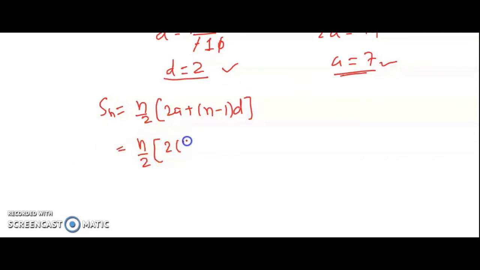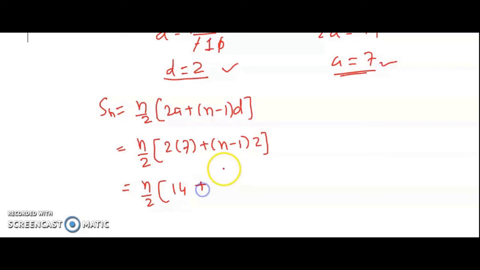In place of a we put 7, plus n minus 1, and in place of d we put 2. So we get n by 2 into 7 multiplied by 2, that is 14, plus 2 multiplied into the bracket, so we get 2n minus 2. Further simplifying, it will be n by 2, and 14 minus 2 will be 12